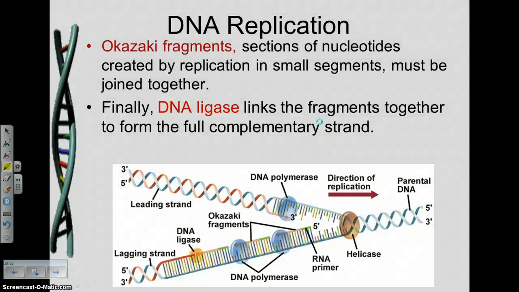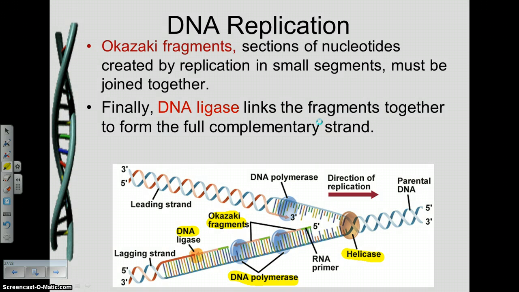Okay, so last I'm going to go back to that picture so you can label all of the parts of DNA replication. A would be our leading strand. B would be DNA ligase. Oh, I'm sorry. B would be DNA polymerase. C would be the parental DNA. D would be DNA helicase. E would be the tiny little RNA primer that begins the whole process. F would be DNA polymerase, the one responsible for putting it all back together. G would be the Okazaki fragments. H would be DNA ligase, the enzyme responsible for putting together the fragments. And then I would be the